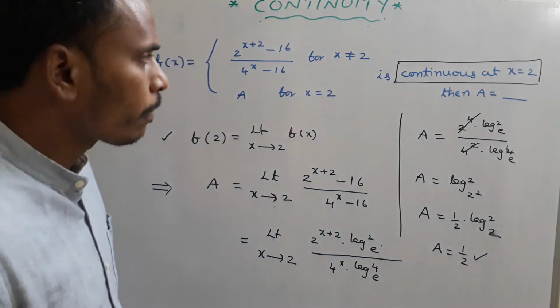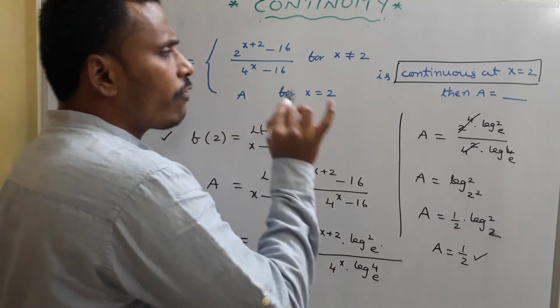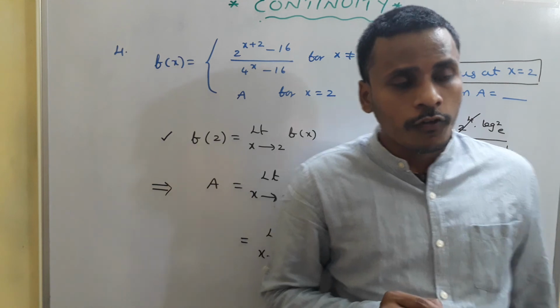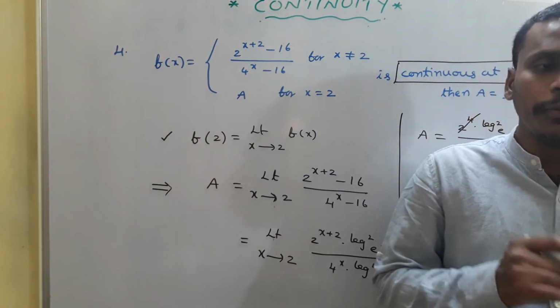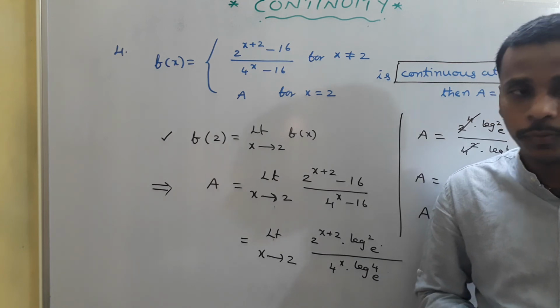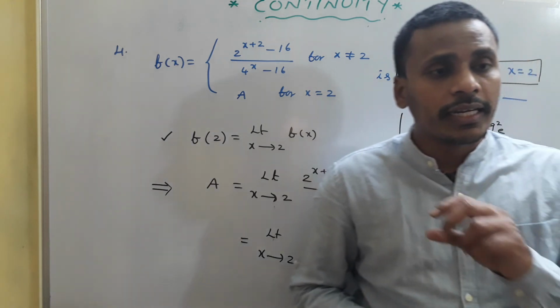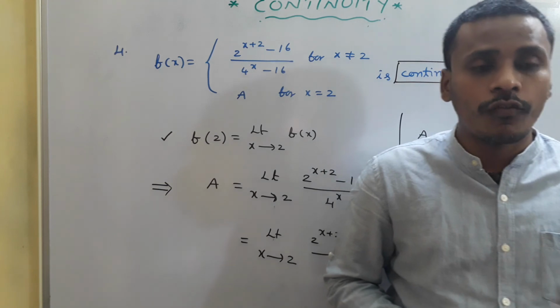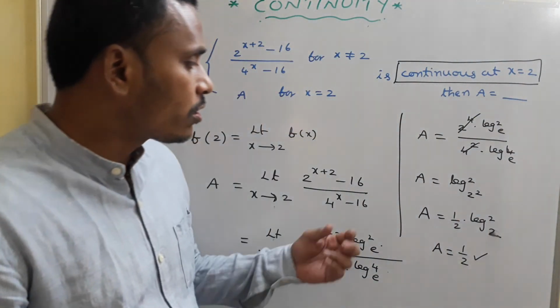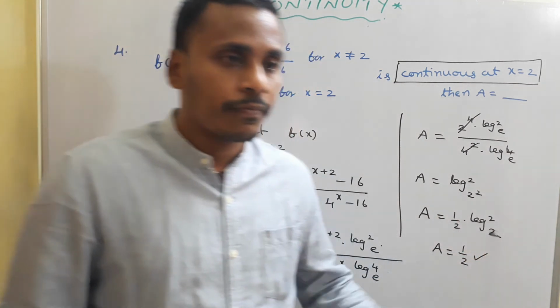That's simple. First of all, since the function is continuous at x equals 2 as given, the functional value f of 2, which is a, is equal to the limit value. To find the limit value, we are just using L'Hospital's rule, meaning writing the derivative of the numerator as well as the derivative of the denominator as x tends to 2. With that idea, at the end our answer is 1 by 2. Okay? Have a look.